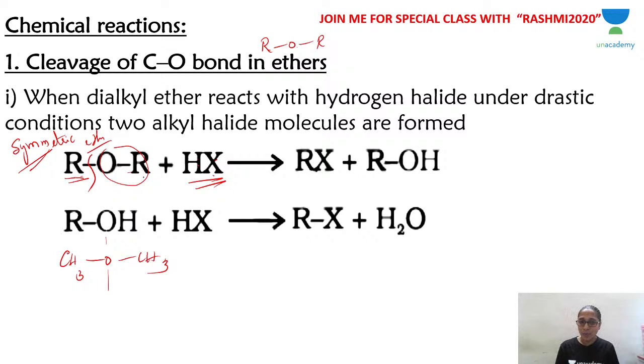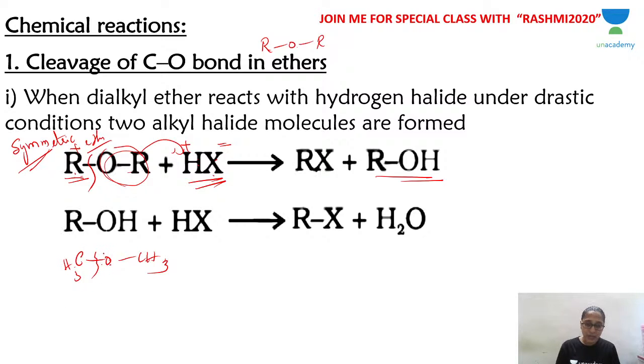The alkyl group takes up X minus from H plus X minus. Your alkoxide ion will take up H plus, forming alcohol. So the alkyl group is plus and the oxygen side is minus. If I have to show you properly, it should be like this, CH3. Let's say the carbon oxygen bond breaks.